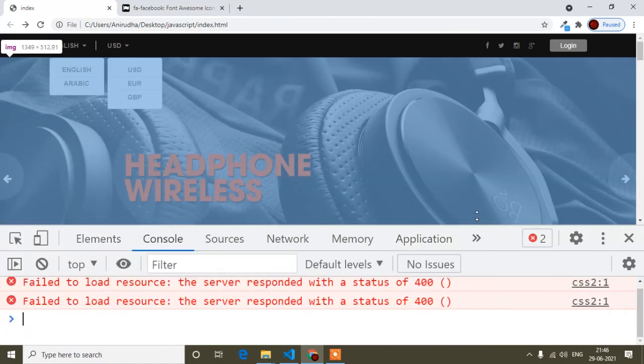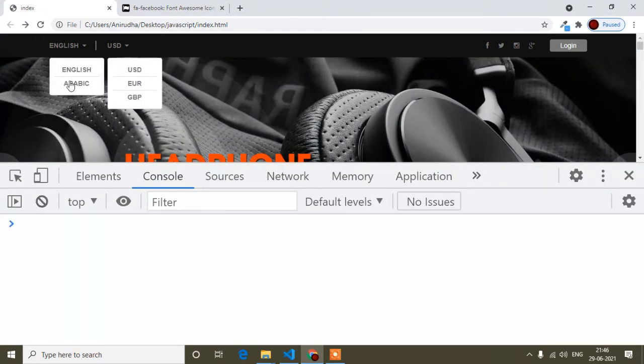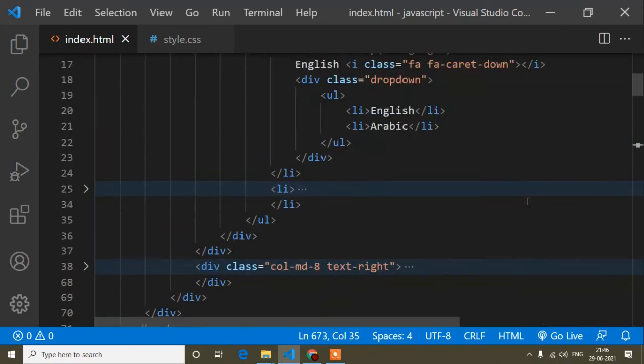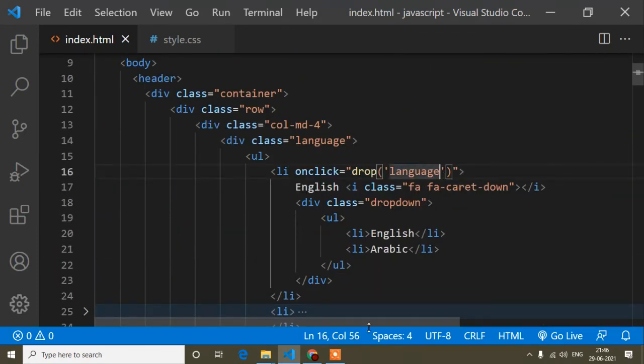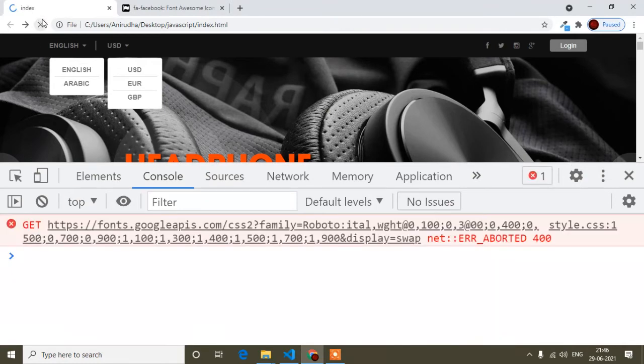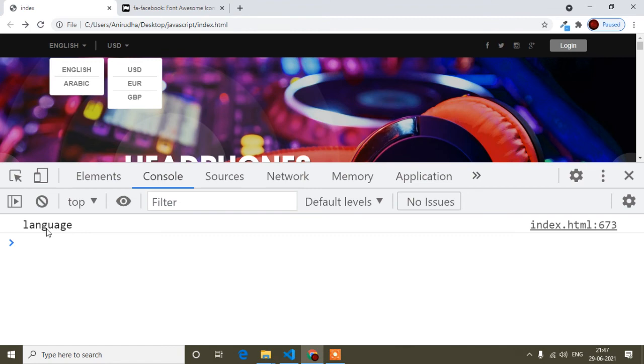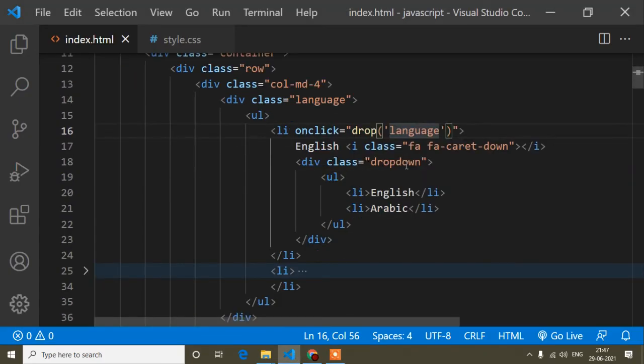Now I open the console, and if I click this one, I think I forgot to save, so I will save and refresh. Now if I click, you can see I'm getting language, right? I hope it's clear.